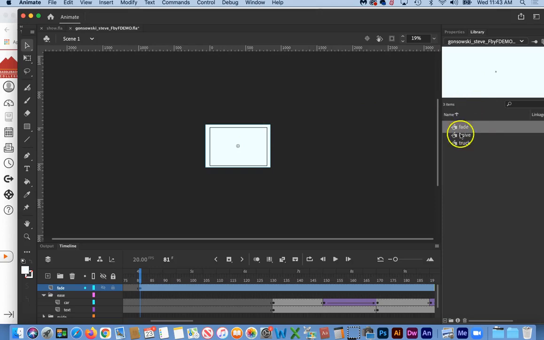But as you can see, I now have 3 items in my library, and so what I'm going to do is find out by turning my eyeball off here where this needs to. Okay, so right there is where the new topic comes in. So I'll do an F6 there, and basically from between here and here, I want this to go from totally visible to totally opaque. Put my tween in here, turn the eyeball back on,